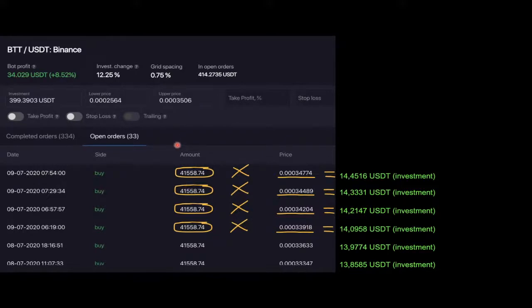So here the equilibrium is reached only in the amount allocation, whereas the investment sum is different. At that level the algorithm will have to spend this amount of USDT to purchase this amount, and at other prices you see the investment sum varies. So that's what defines the classic bot algorithm. It only creates a parity in the total amount